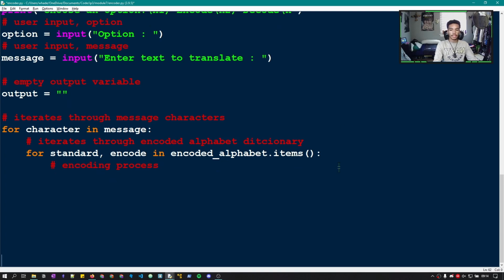And this will be basically if they chose option 1. So if option is equal to 1,